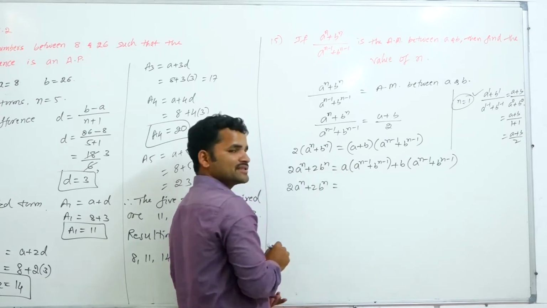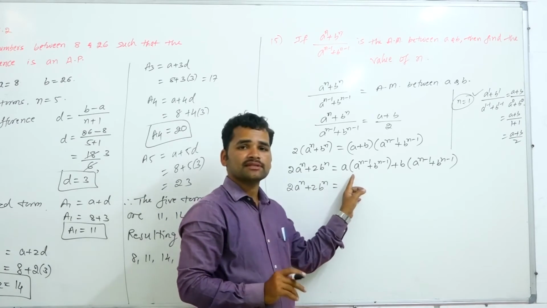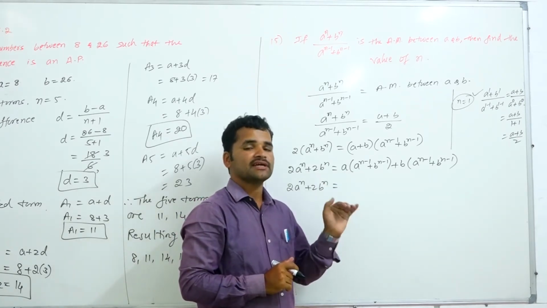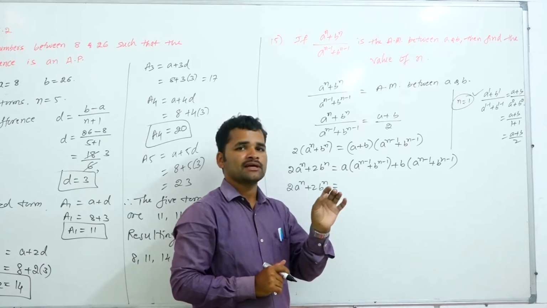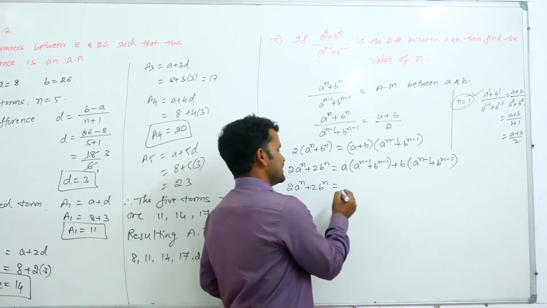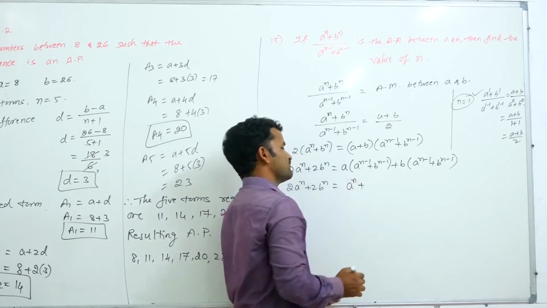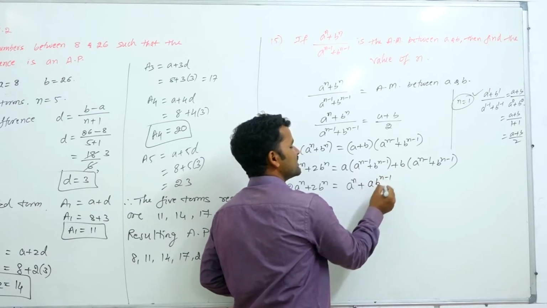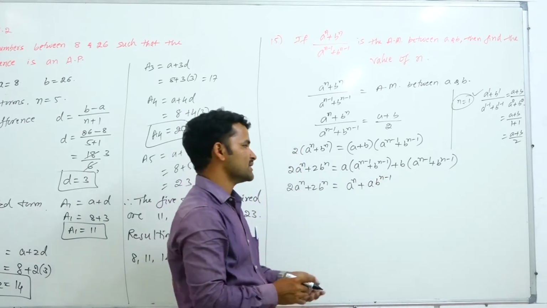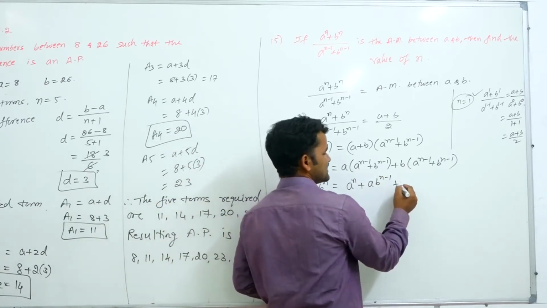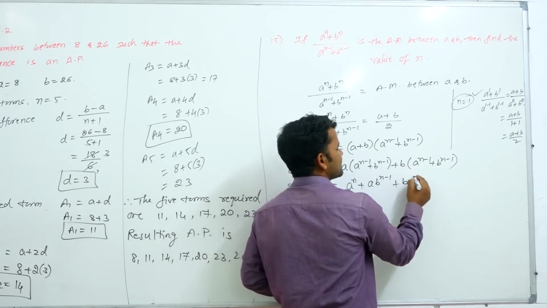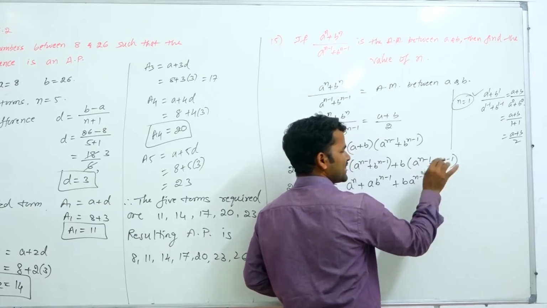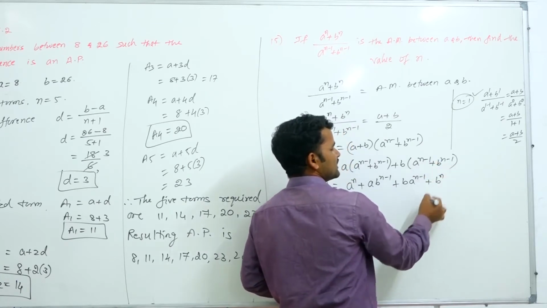a gets multiplied with this. Bases are same, that law of indices I told. a into a raised to n minus 1 is nothing but a raised to 1 plus n minus 1. Plus 1 minus 1 gets cancelled, a raised to n. Plus, here base is b, it will be a into b raised to n minus 1. Bases are different, we can't multiply that, we have to keep this as it is. Next, b into a raised to n minus 1. Next, b into b, bases are same, power will get added up, 1 plus n minus 1 is nothing but